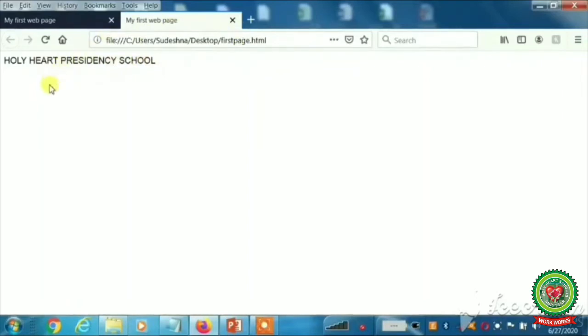The next thing I want to learn is how to change this background color and how to change this font, like font color, font style and font size. For this we have to learn some more tags.